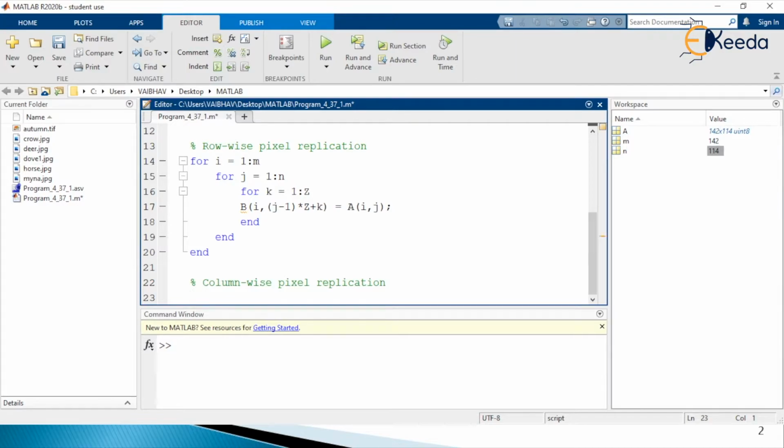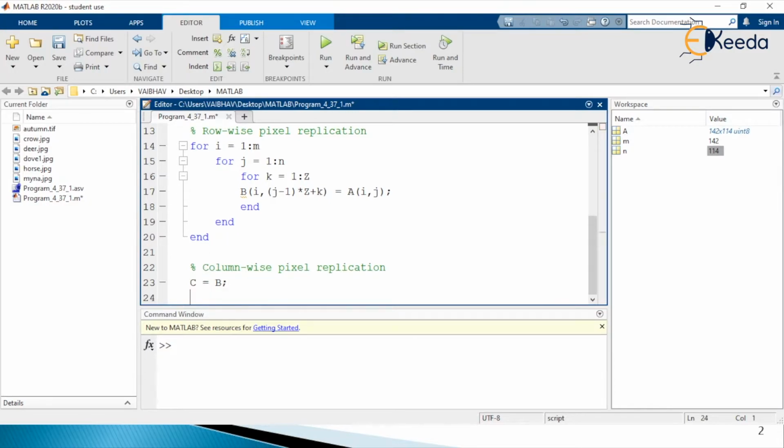So here we are going to hold the image information that we have obtained from the above step of row wise pixel replication, the variable capital B, the intermediate variable of the image you may say. We are going to have the new name that we are going to utilize in this particular section, that is capital C, and initially we gather the image information from the variable capital B here.